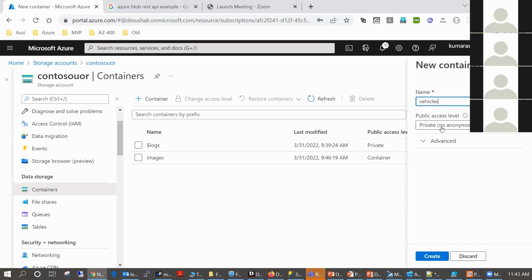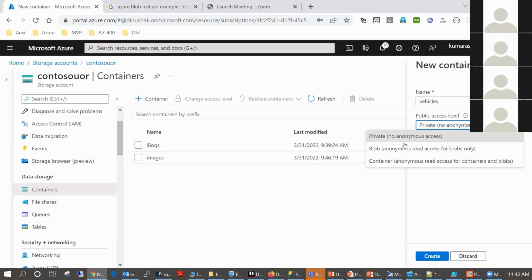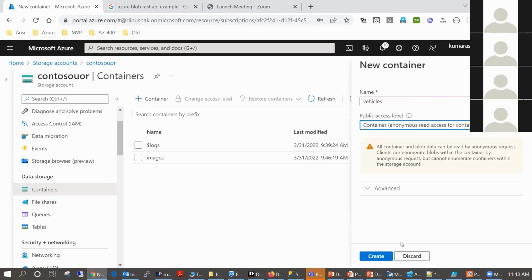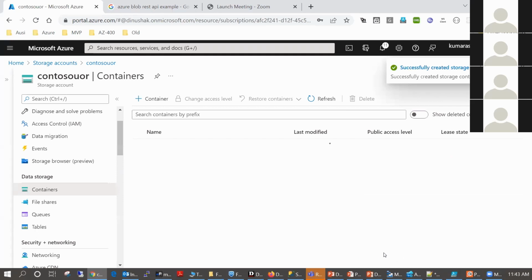For the simplicity, this is what I mentioned. So this can have private blob level access, and I will just put anonymous read access to make our lives easier. So can create the container